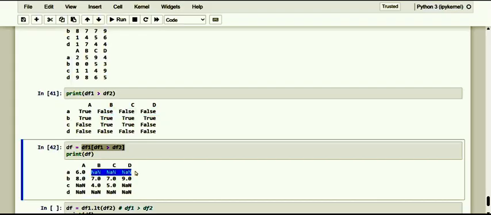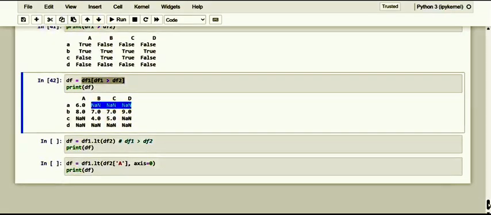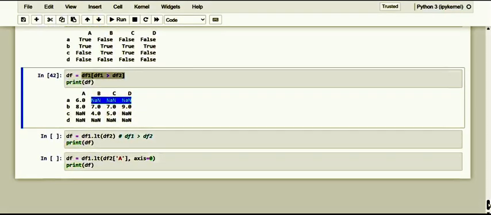Okay, now like the arithmetic operators that have a corresponding binary method, for the Boolean operators there is also a whole series of corresponding methods: equal, not equal, greater than, less than, less than or equal to, and greater than or equal to. Let me apply it in the same way as a Boolean operator.